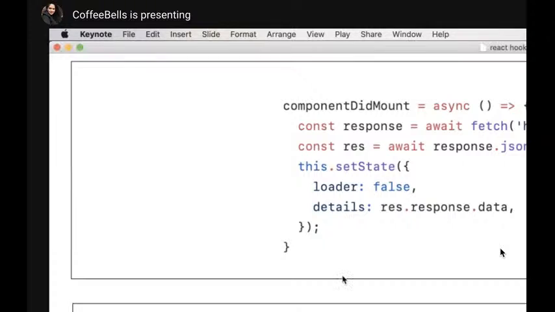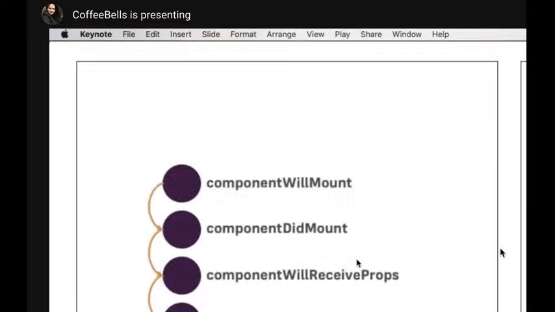So the top one is the earlier version. For example, there is a lifecycle method called componentDidMount. As the word suggests, it says component did mount. So our component has already mounted, and after this, the lifecycle method is automatically called if it is part of your component. Now useEffect gives us a provision to implement the above logic in this useEffect syntax. Like I said, there are a lot of lifecycle methods. There was componentWillMount, didMount, willReceiveProps. A lot of them have been extracted, and now useEffect does a lot of things.